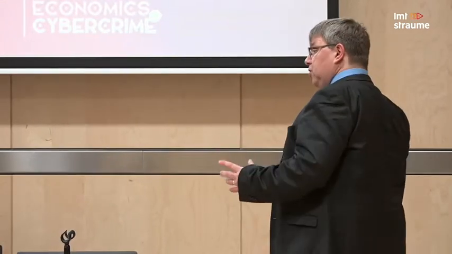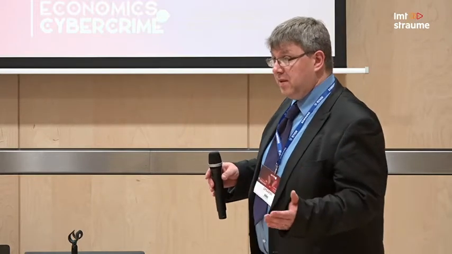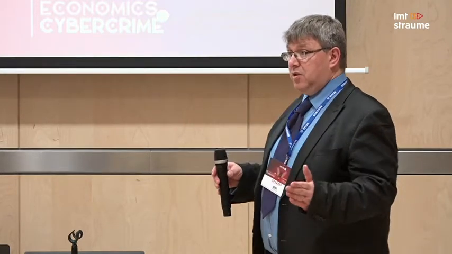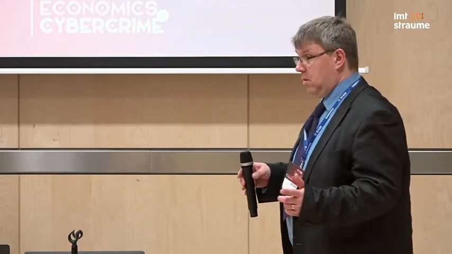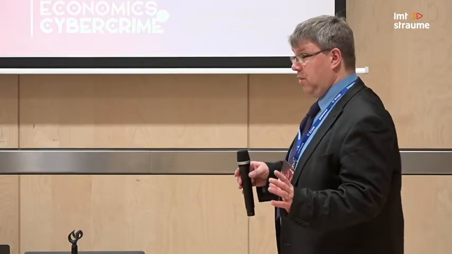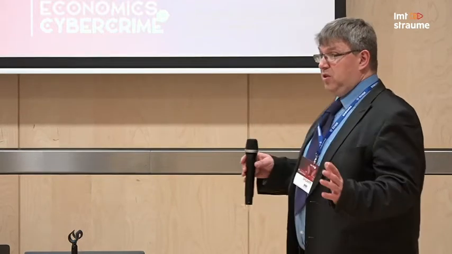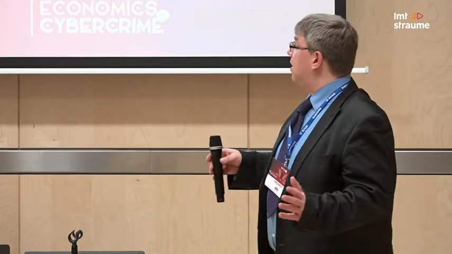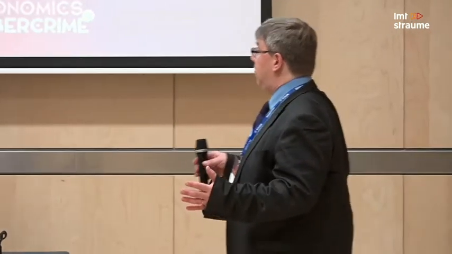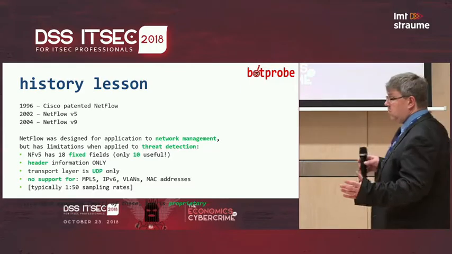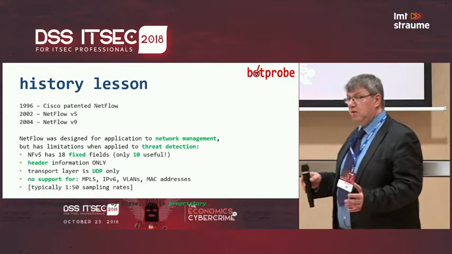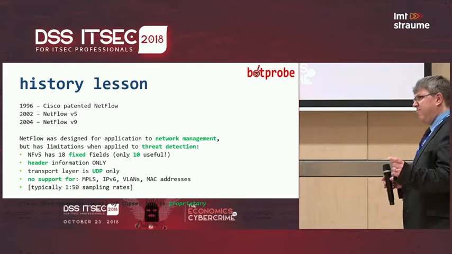The problem with the original NetFlow version 5 was it had fixed fields. It couldn't be expanded. You could only record the information that the standard set up for it. It collected header information. It didn't look inside the packet, so it couldn't actually tell what the contents of the packet were. So it could be duped into thinking communication was something else. It didn't support things like MPLS, IP version 6, VLANs, and it was still based on sampling technology, usually in a 1:50 ratio. So the argument still went, maybe you've missed something.